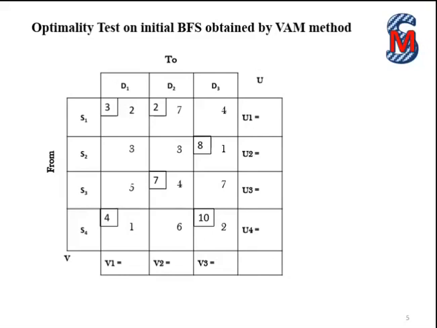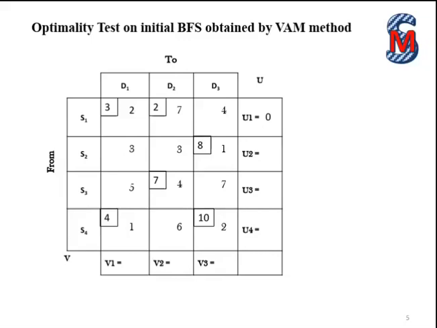Here, instead of the supply column and demand row, I have used the U column and V row, where we'll be writing the Ui's for each of the rows and Vj's for each of the columns. Now we'll be setting U1 as 0 here because this first row is having 2 allotted cells and no other row or column is having more than 2 allotted cells. So once we set U1 as 0, we'll consider the first occupied cell, that is S1D1 with cost 2.